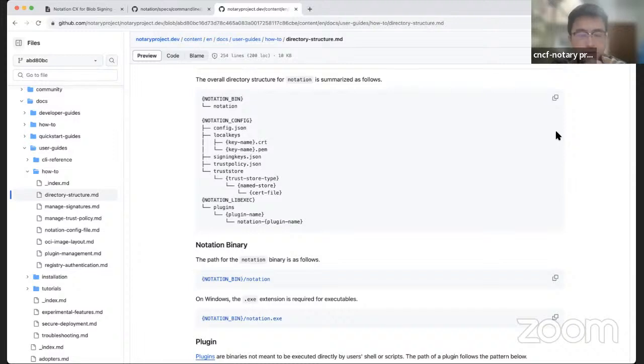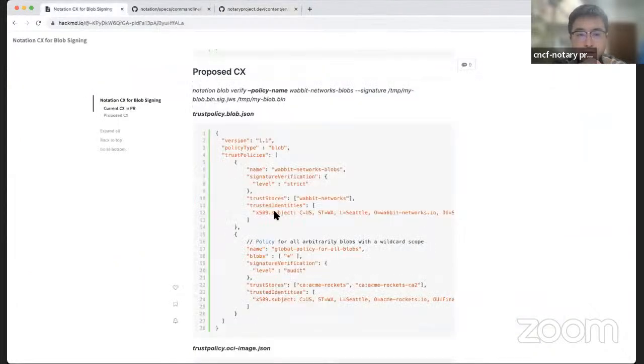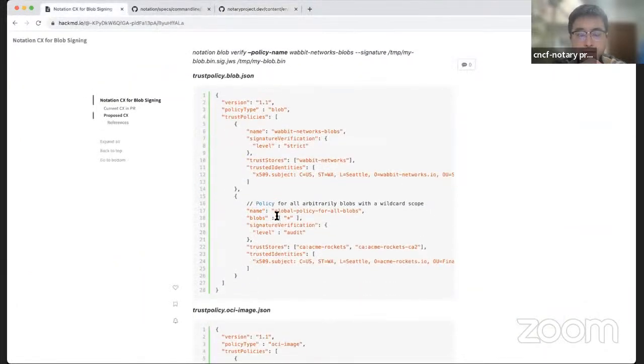Yeah, I have some comments. Actually, if we want to split, right? Have one for image, have another one for blob.